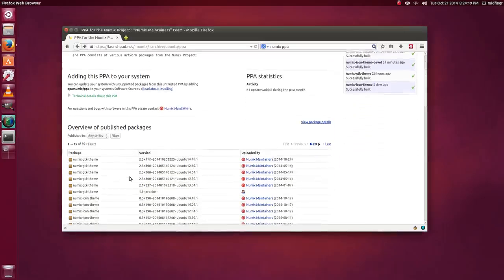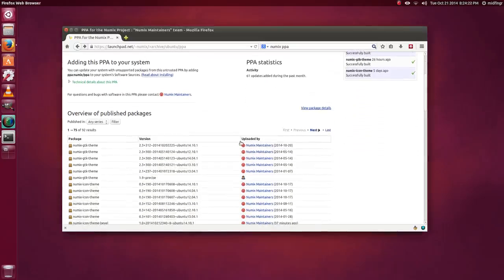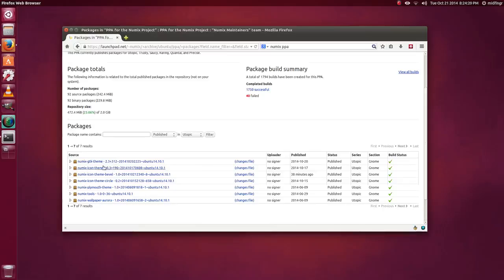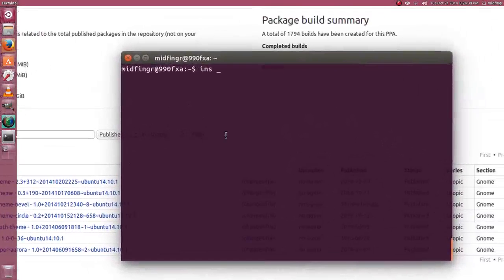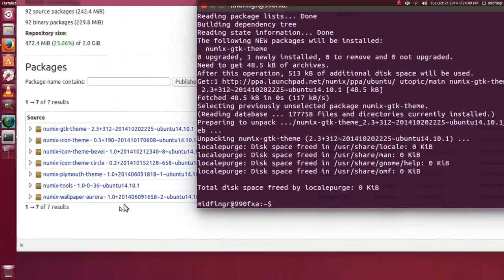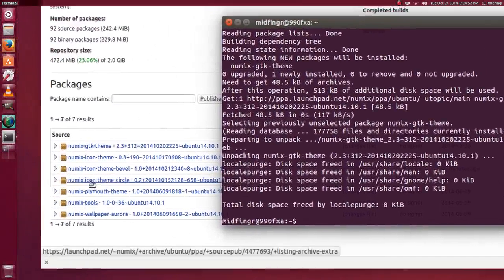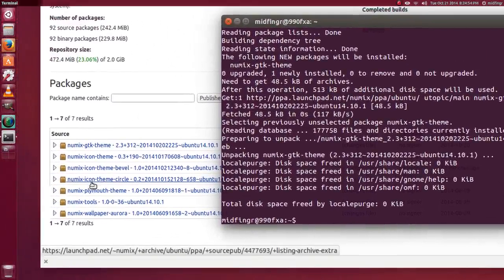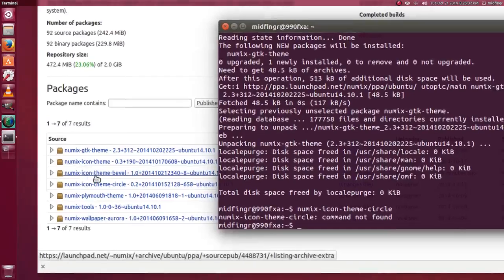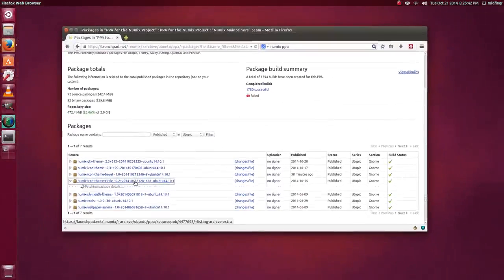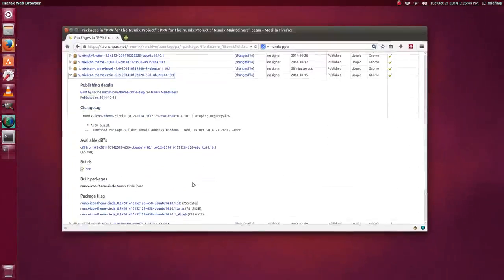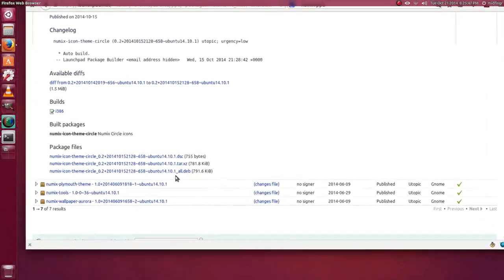So you can get the whole bunch of stuff. We'll have to go forward a couple of pages. NewMix GTK theme for one. Install sudo apt-get install NewMix GTK-theme. There we go. And then I like this one because it's really nuts. NewMix icon theme circle. Okay, if that doesn't work, just click on the package and just download the deb file